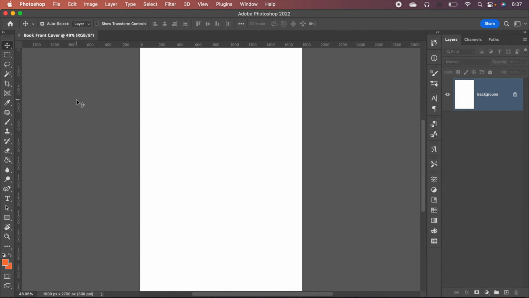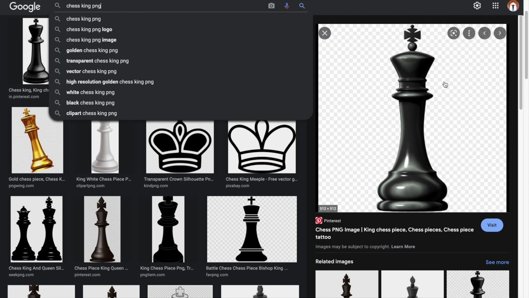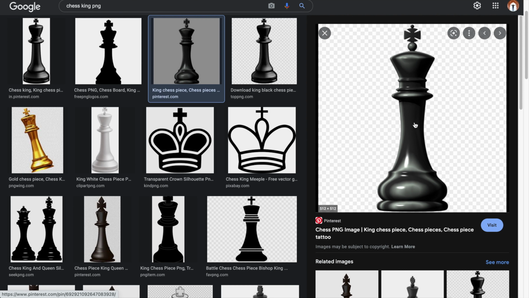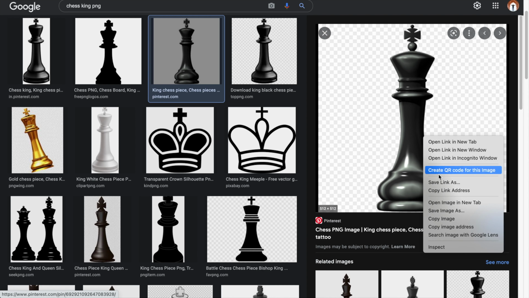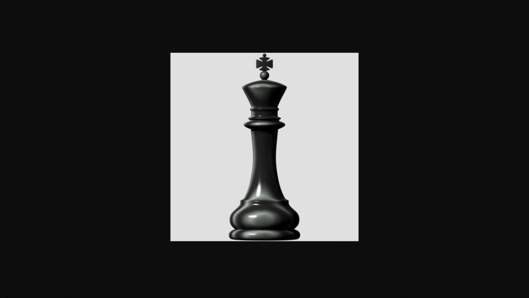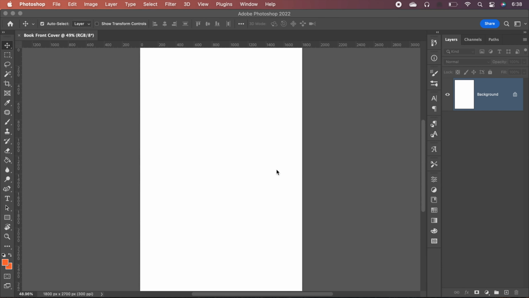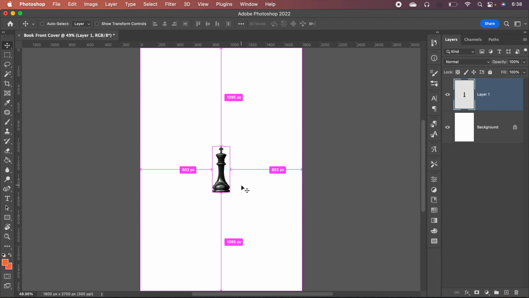So this is my book front cover. Now I would like to design this based on my needs. First of all, I'll go to Google, and here I'm checking for this image. This is my content, and for this content I would like to add this image as a focal point or imagery. So I'm opening this image in a new tab, and you can see this is the image, and click on copy and going to Photoshop and pasting it here. So this is my focal point or imagery,